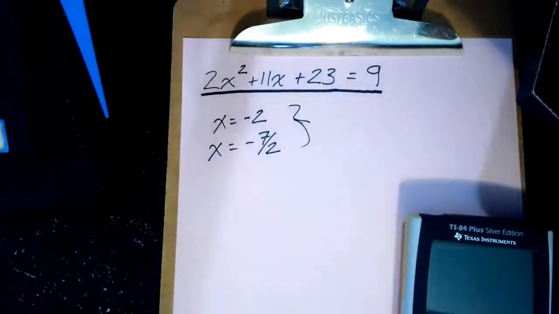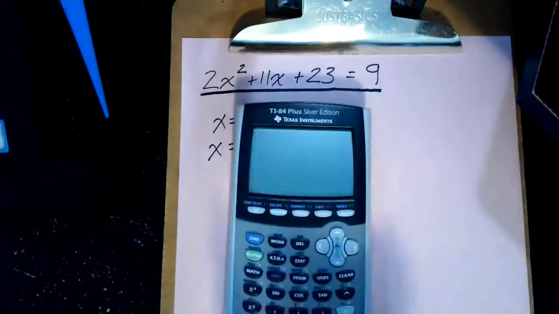What I did when I solved it, I got -2 and -7/2. And let's say I want to check these, but I don't want to spend a whole heck ton of time doing it because I'm sitting on an exam and I want to go as quickly as possible. So if you have an 84,